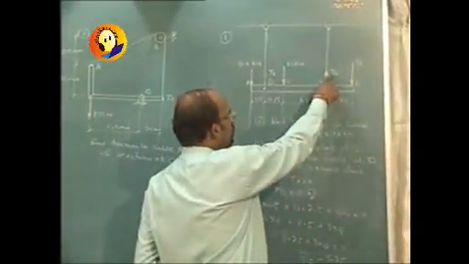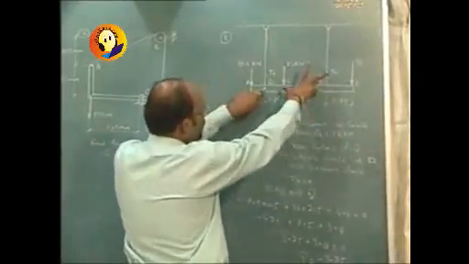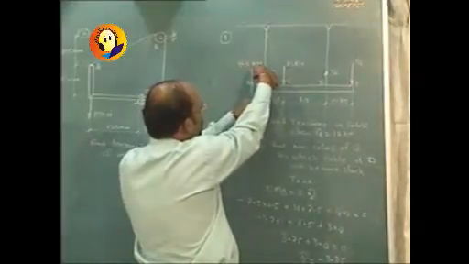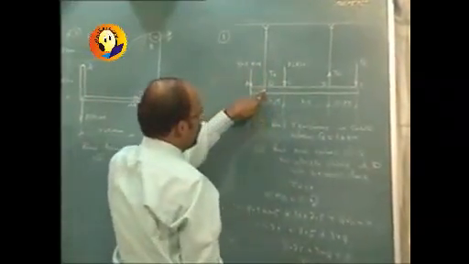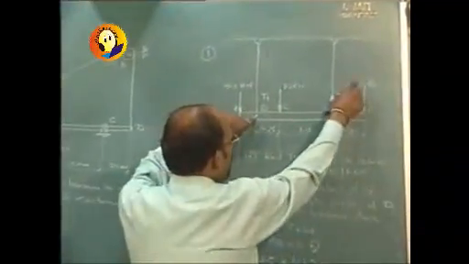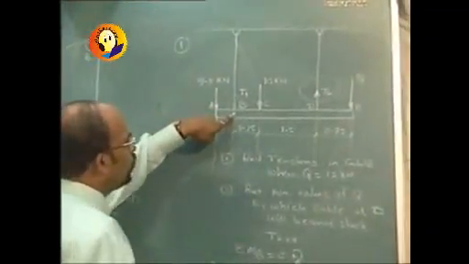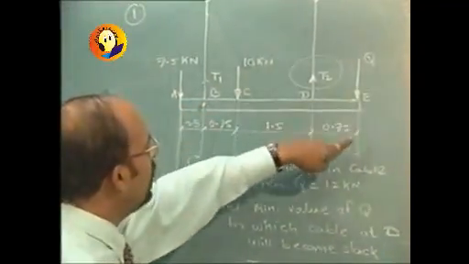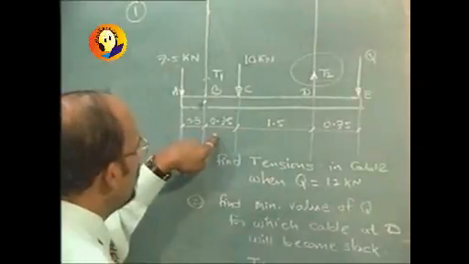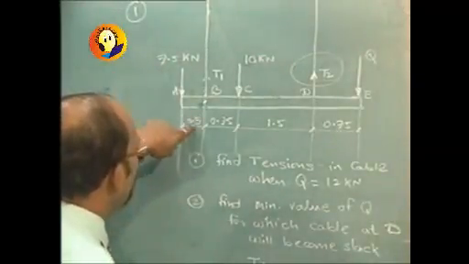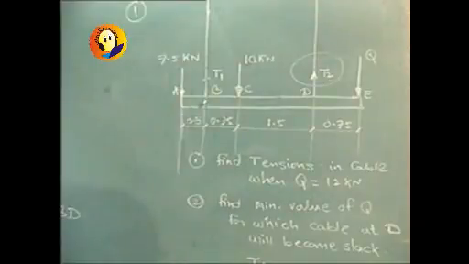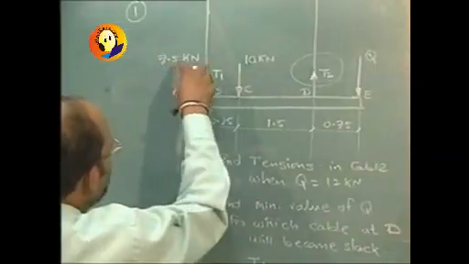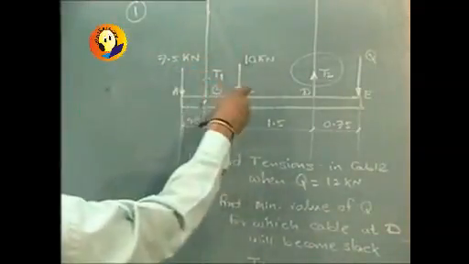If T2 is going to become 0, then about point B, these two will be creating the clockwise moment, whereas 7.5 kilonewtons will create the anti-clockwise moment. Now these moments should balance because there is no support T2, and ultimately it will be 10 into 0.75 and Q into 3. These two moments should be supported by 7.5 into 0.5, and ultimately we will find that this moment of 10 itself is much greater than 7.5 into 0.5,